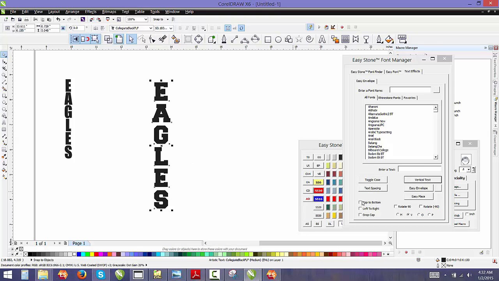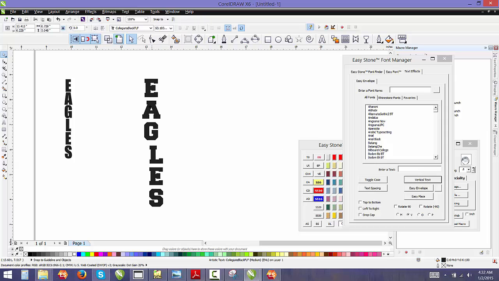Now we don't want to get too confused with all these buttons and gadgets and gizmos here at the bottom, because all of this relates to Easy Envelope. It doesn't relate to vertical text or any of the other functions. Easy Place, yes, Easy Place does involve the rotate options, but that is the only other function that involves all these. Otherwise, rotate applies to Easy Place, Easy Envelope applies to all of these other functions. And we'll talk about those options in a different video, but I just wanted to show you how that vertical